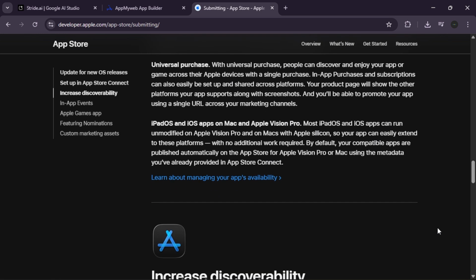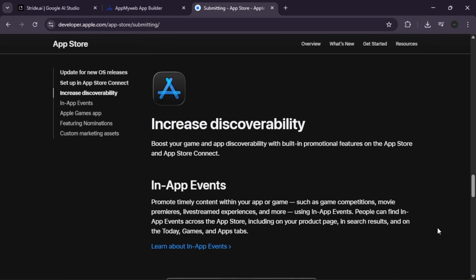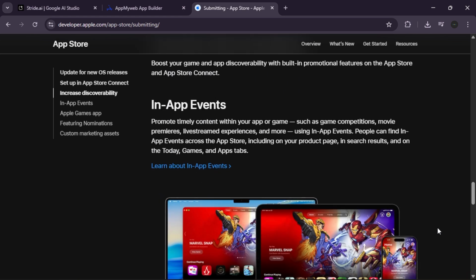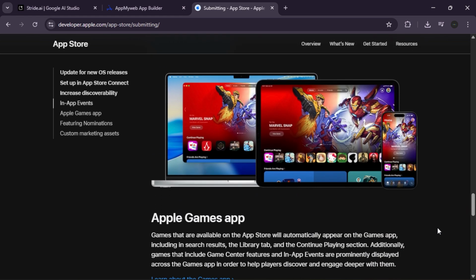Once you upload your build using Xcode or Transporter, you submit it for app review. Apple will manually test your app for security, safety, and reliability. This process usually takes 24 to 48 hours. Once approved, your app moves from waiting for review to ready for sale, and it will be live across